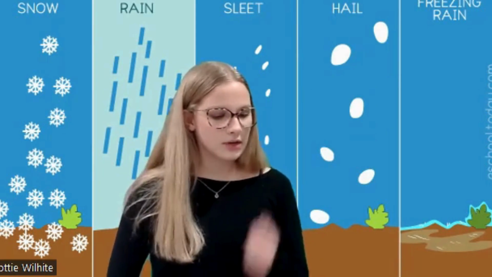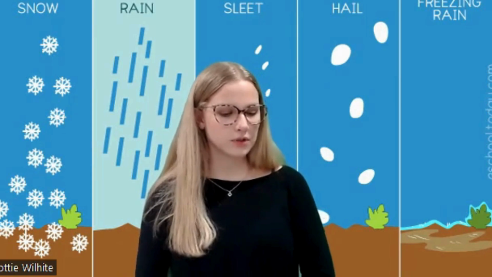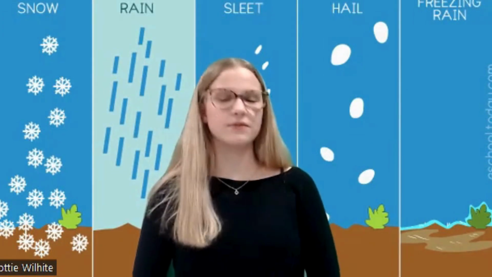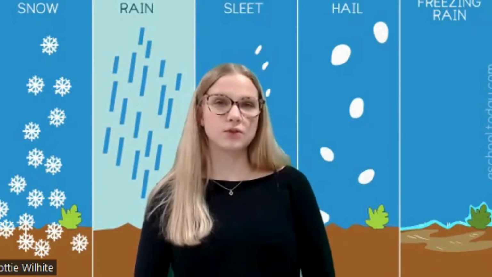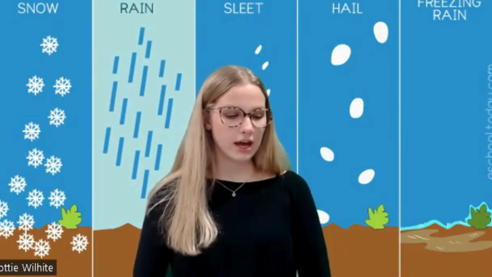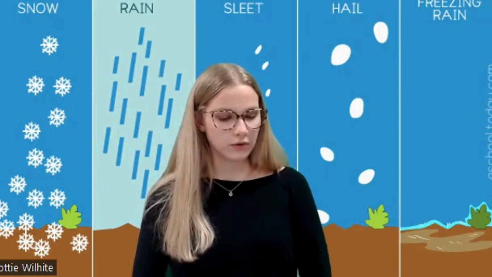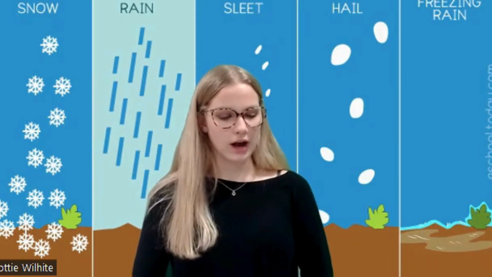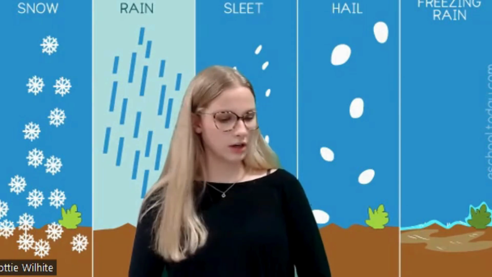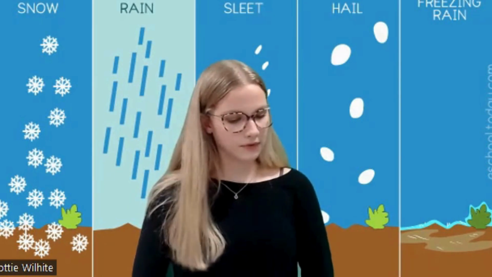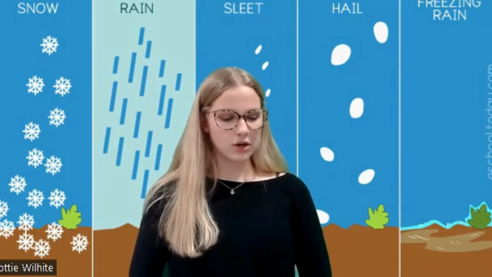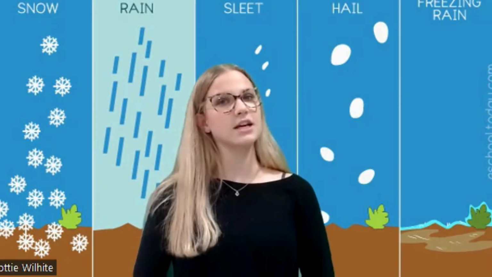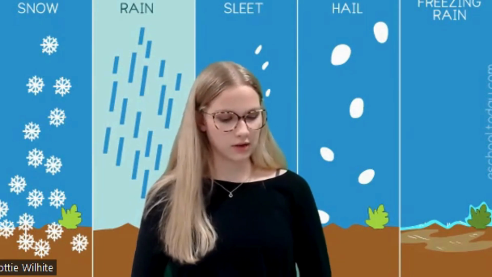Snow. Snow forms when the water vapor in the atmosphere cools and condenses into very tiny ice crystals. As these crystals come together, they create snowflakes, which grow larger as more water vapor goes into them. The snowflakes fall to the ground when they become heavy enough to overcome air resistance. The temperature and humidity conditions in the atmosphere determine the size, shape, and structure of the snowflakes, giving each one